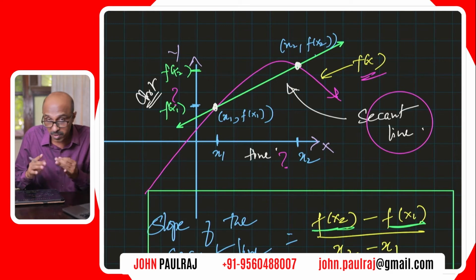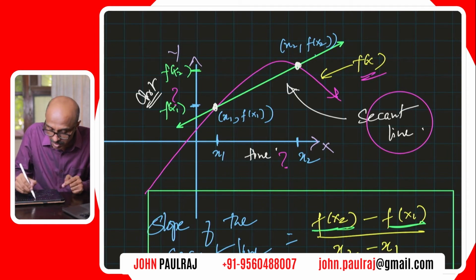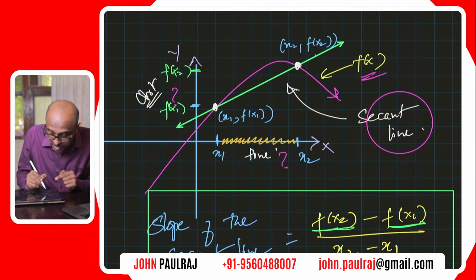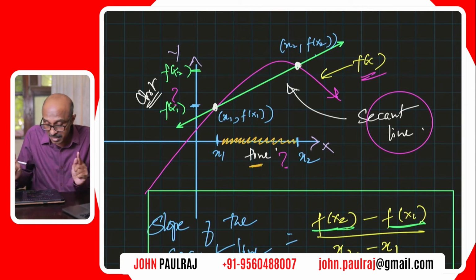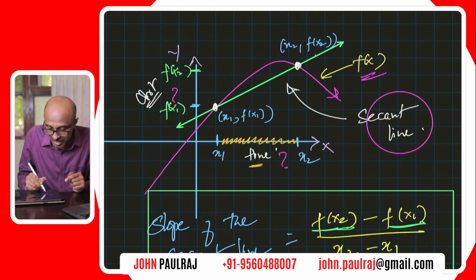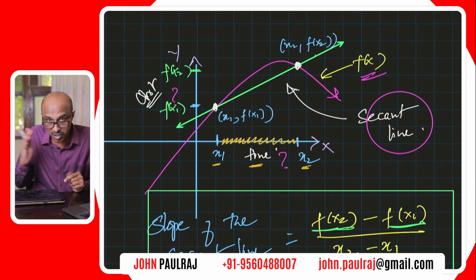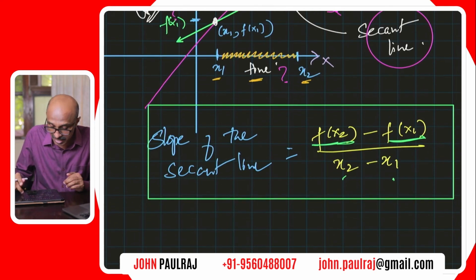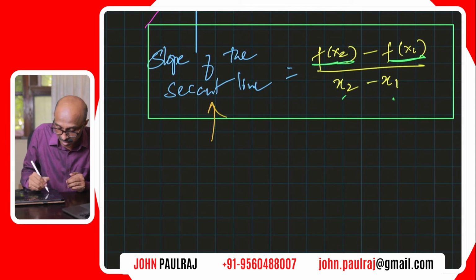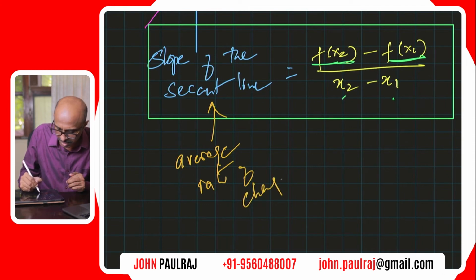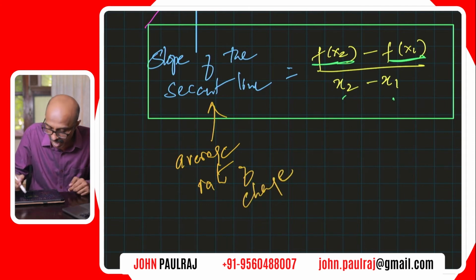Well, it's a rate of change, because slope measures the rate of change. But because it's intersecting the distance time graph in those 2 points, it's going to be the rate of change between those two values of x. It's almost like saying, because we are taking time along the x-axis, it's between that time period, x1 and x2. As such, the slope of the secant line gives us the average rate of change. In this context, it's the speed. So it's like saying it's the average